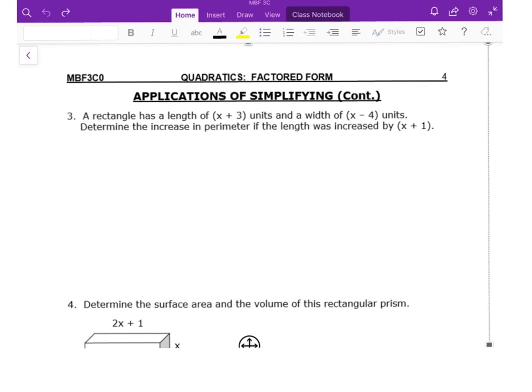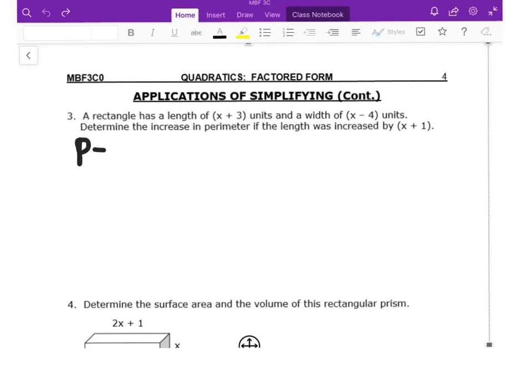So, a rectangle has a length of x plus 3 units and a width of x minus 4 units. Determine the increase in perimeter if the length was increased by x plus 1. Okay. So what if the length was increased by x plus 1? So what we're going to be looking at is